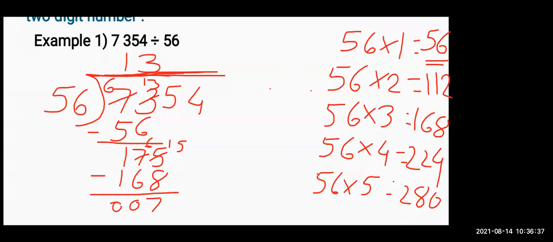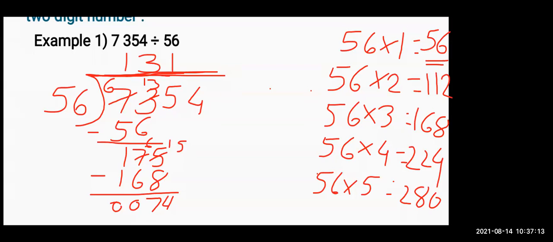Now what is left? One more number is left because हमने 5 ले लिया था. What is left? 4 is left. So we have to take 4 here. Now it becomes 74. Now once again we will see the table of 56. Which times are we going to take? 56 ones, because 2s is 112. बड़ा number हम लोग नहीं ले सकते. So 56 ones are 56.